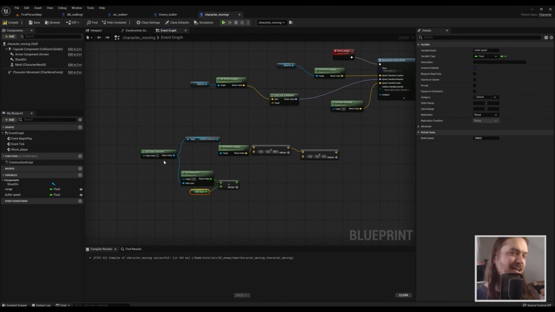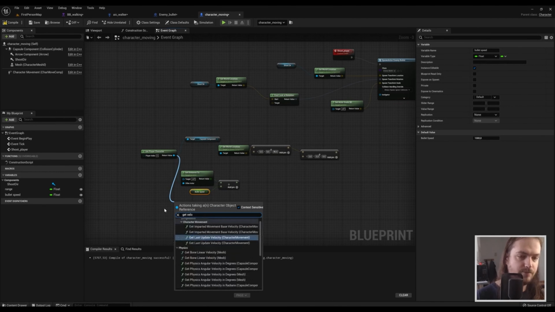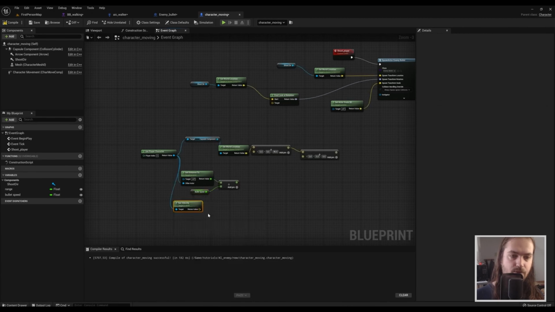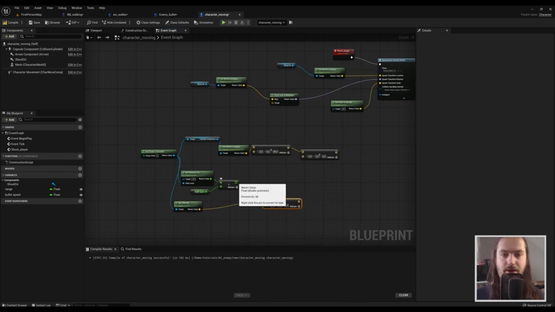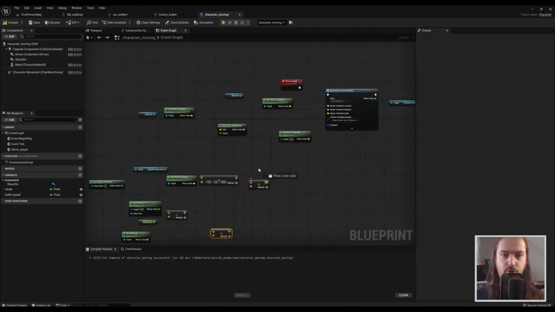But we don't know how the actor is moving yet, so let's also get that, because that's very easy. We can just drag up the player character and get a velocity. If we scroll all the way down, we get a get velocity, and from the get velocity, we just multiply that by the amount of time that'll take the bullet to reach the player. If we add that to the current player location, and we put that into the find look at rotation,